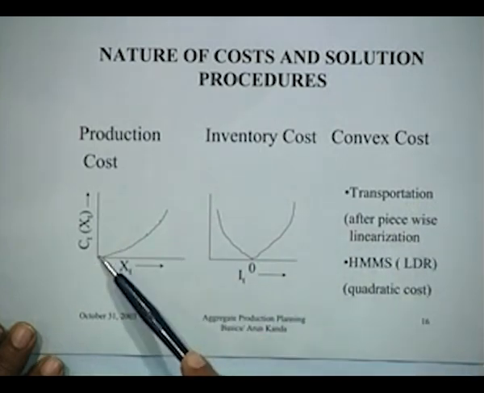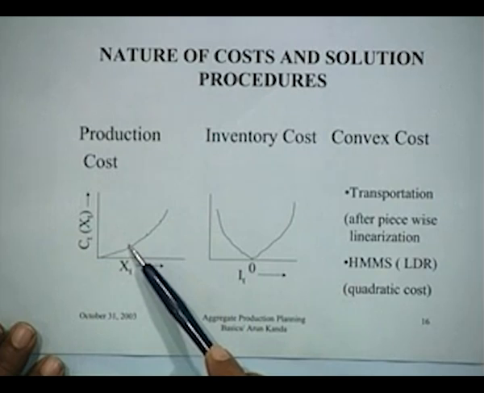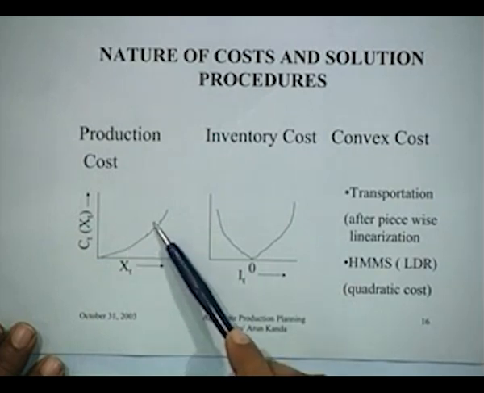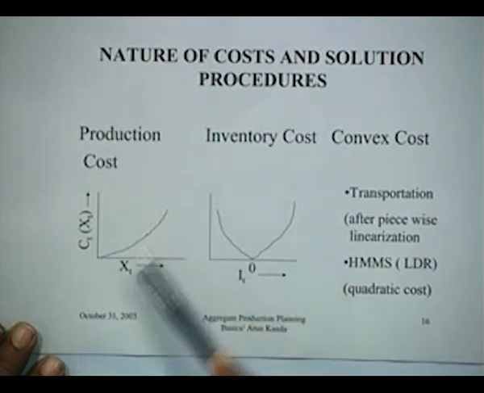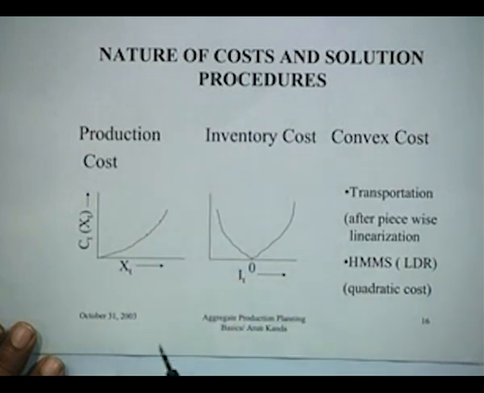Piecewise linearization is quite common: regular time, overtime, subcontracting. The cost will increase per unit. Or another very classic example of convex costs is a model due to Holt, Modigliani, Muth and Simon, 4 people,